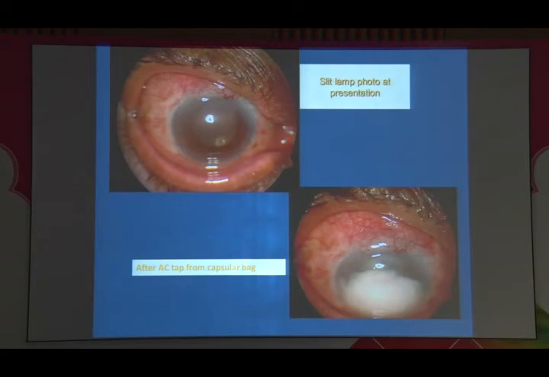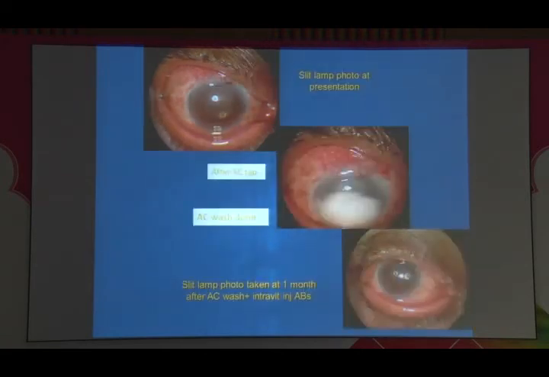Then the patient underwent AC wash and intravitreal injection was given, and this was a picture you can see. So in this type of scenario, you should not avoid thinking that it is just some inflammation going on. It is some low virulent organism which is there inside the eye. If you don't take steps properly, well in time, you can land up into other problems also. And it can be a case of fungal endophthalmitis also, which can have an indolent course, or staph epidermidis case.